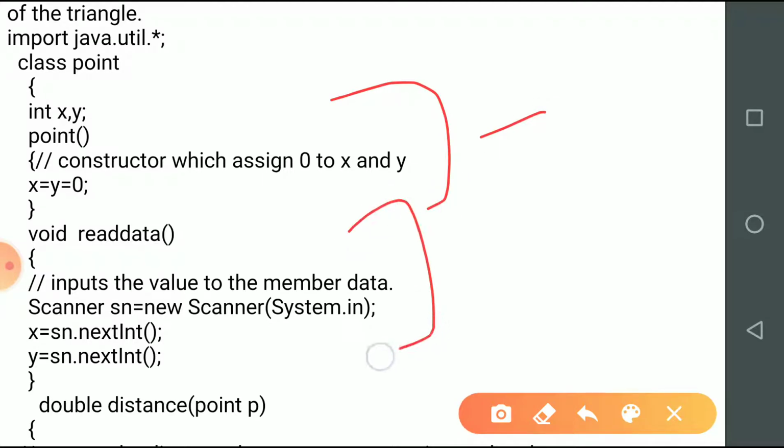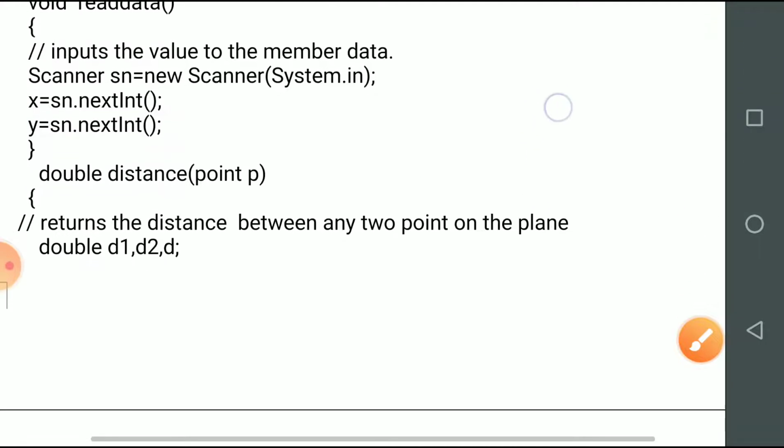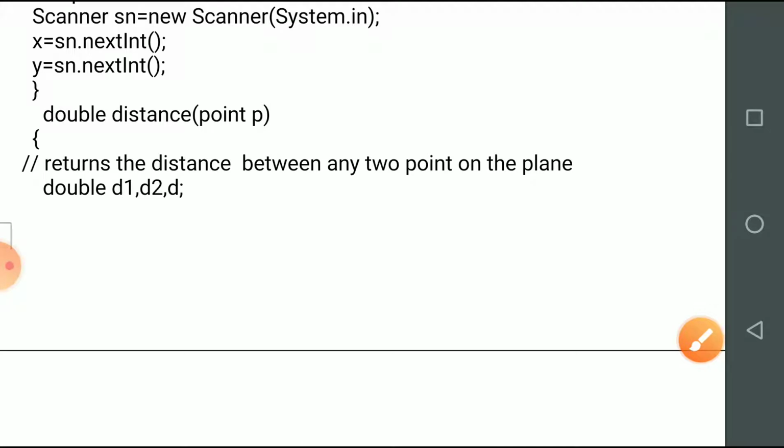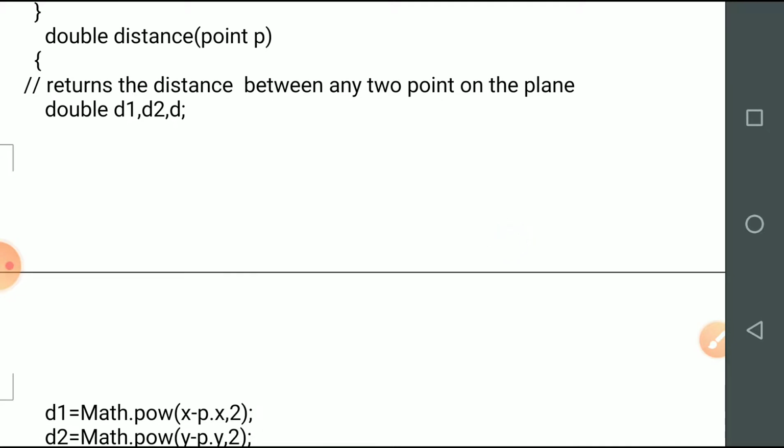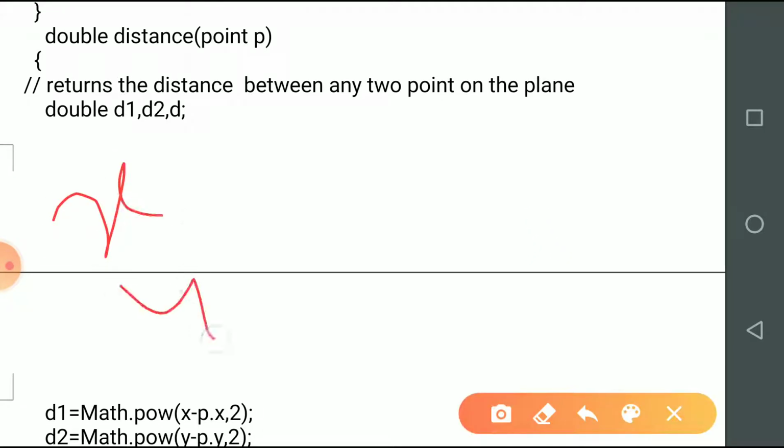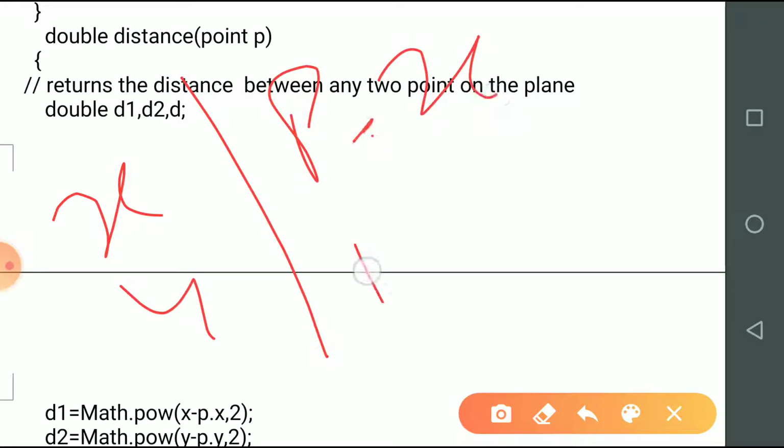Then there is a read data function which is taking the input from the user. Now the important function is this distance function receiving one object as p. So this is the current object as well as the object p. So the value of the current object will be referred as x and y, and the value of p object will be referred as p dot x and p dot y.